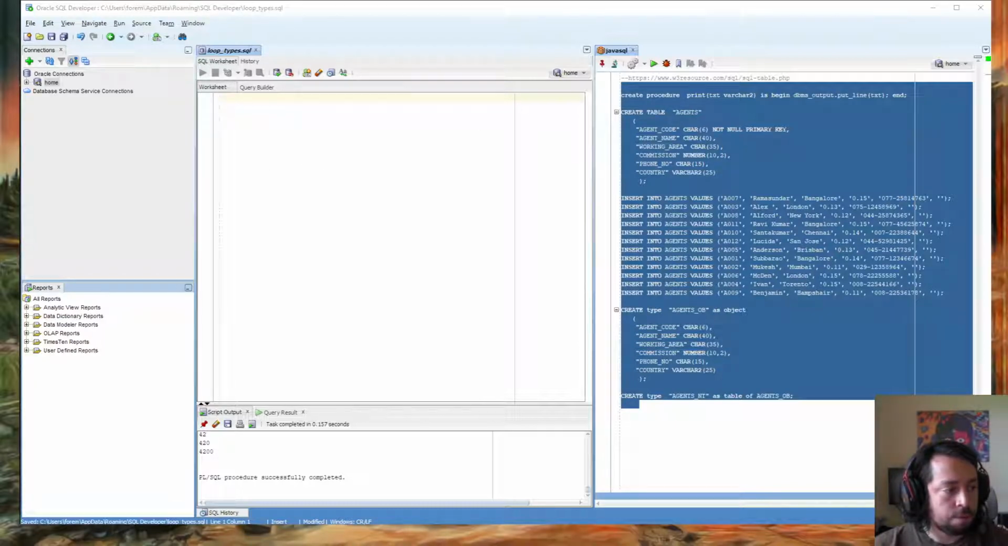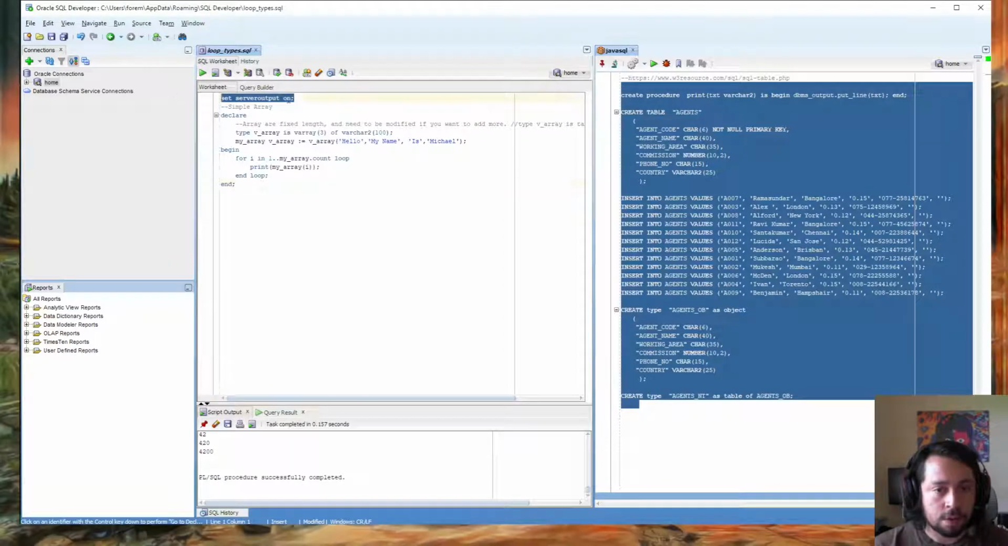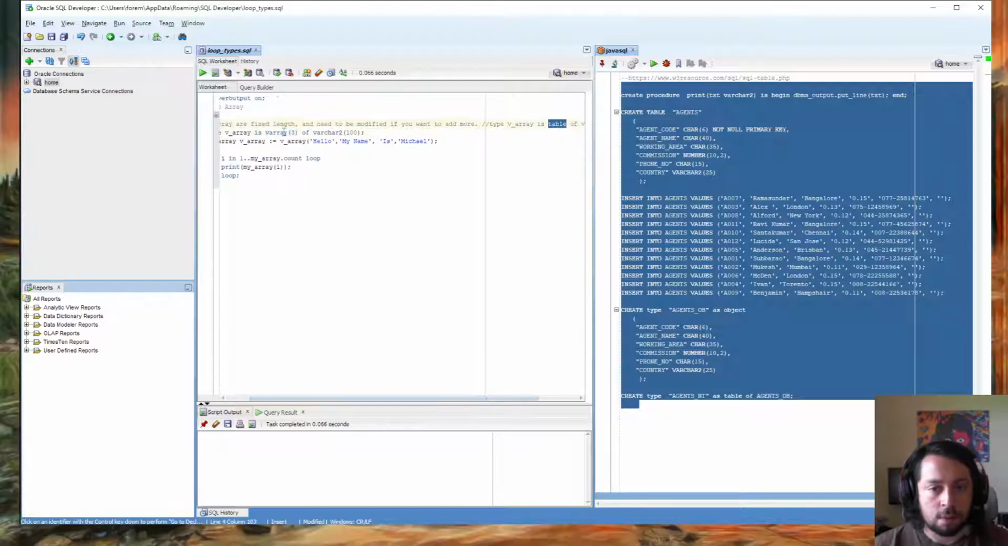So the first thing we're going to do is I'm just going to copy and paste. Make sure your server output is on. And after that, this is just a simple array declaration with characters. Arrays in PLSQL are a fixed length. If you want unfixed, you can use the table type instead of array of, a table of. But if we run this,